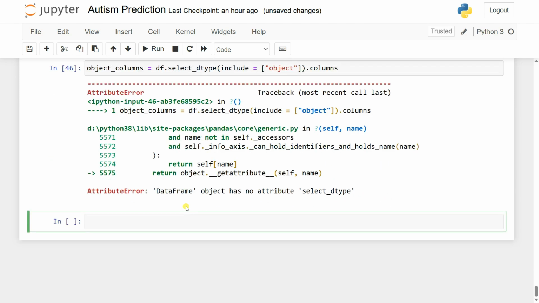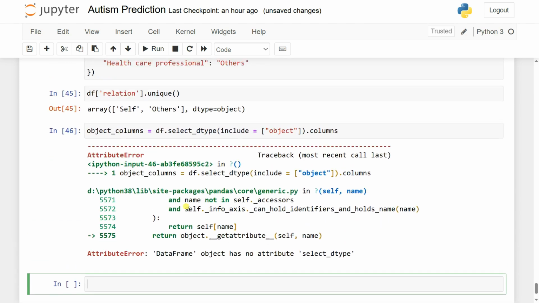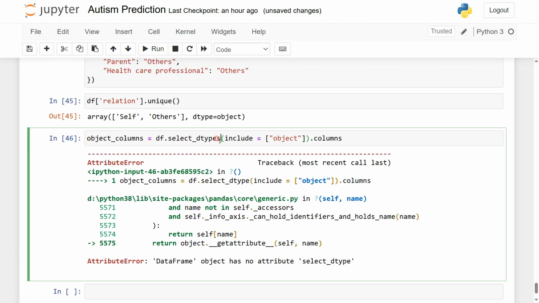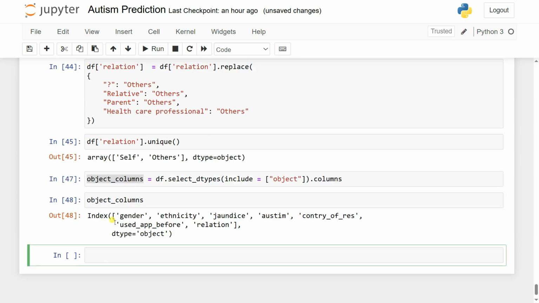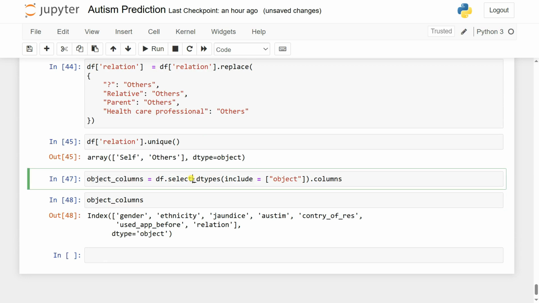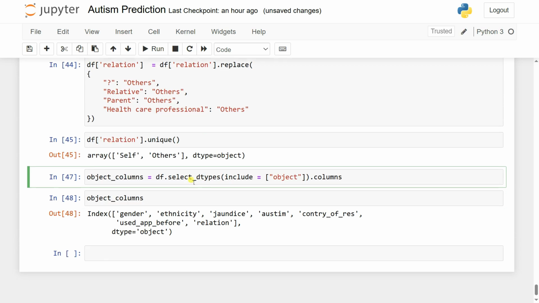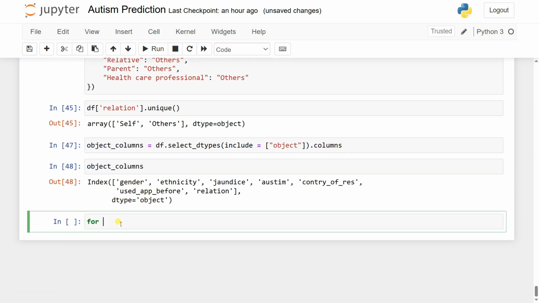Okay, anything else wrong? Select the type, it should be dtypes. So the object columns: gender, ethnicity, jaundice, autism, country of residence, used before, and relation are nothing but the object columns or the string columns. So what I can do, you can convert them into the categoricals, so the numericals. So we can simply take, let's say, for column in object columns,